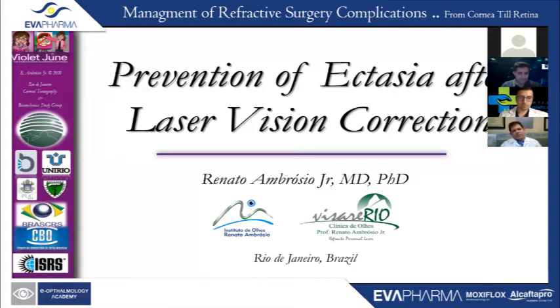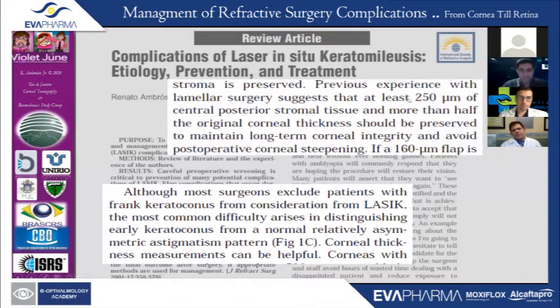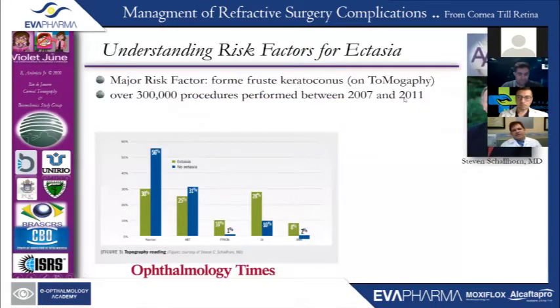It's also important to understand that patient expectations should be carefully identified, and this is part of the screening. When I did this first review on LASIK complications back in 2001, it was very clear that early keratoconus detection was fundamental, but we should go beyond that. And also beyond the 250 residual stromal bed, which is important, but we would suggest half of the cornea to be preserved. It's important that we understand some very large series, like the Steve Schallhorn series, operated from 2007 to